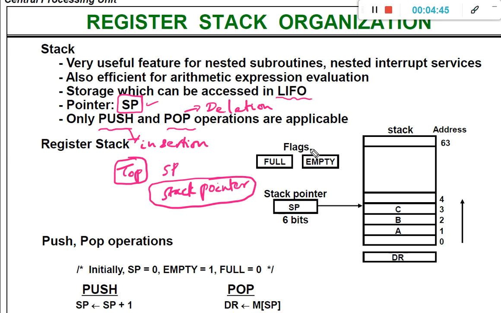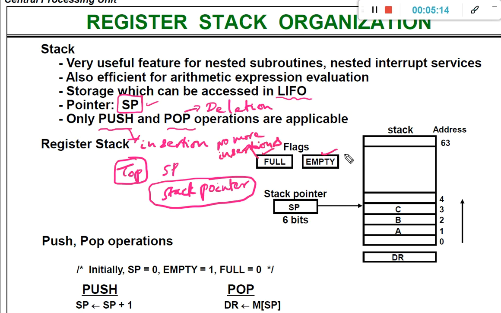There will also be two flags for the stack. We need to check whether the stack is full or whether the stack is empty. What is the purpose of checking this? If the stack is full, then we cannot insert; no more insertions, because space is not available.